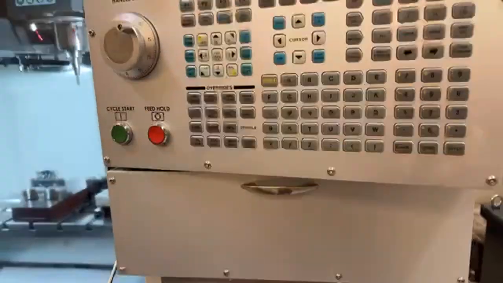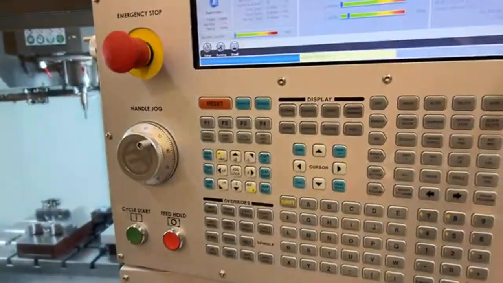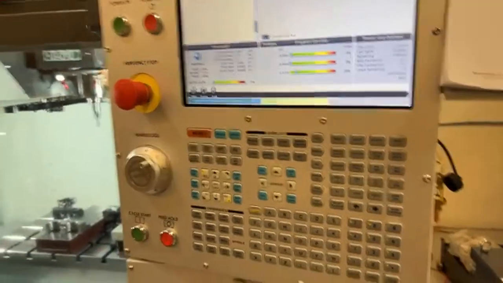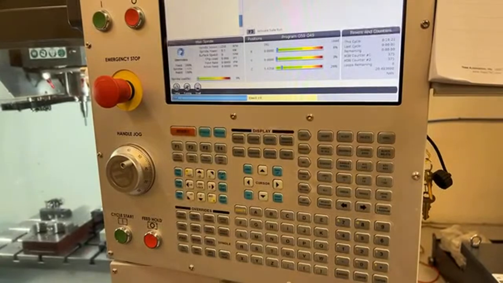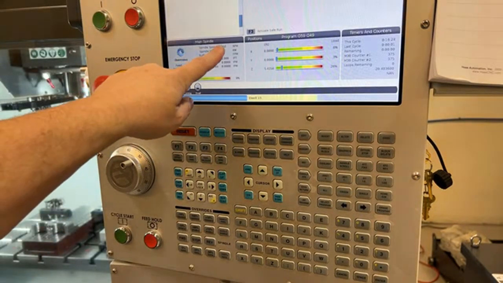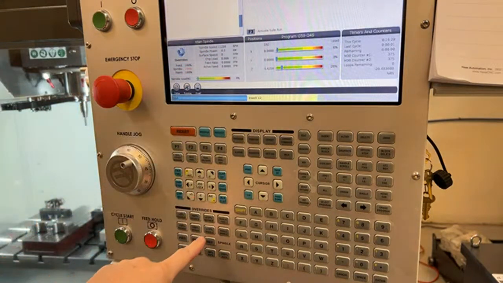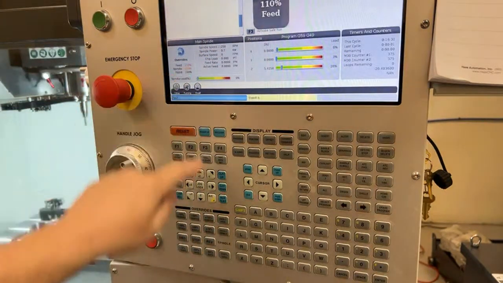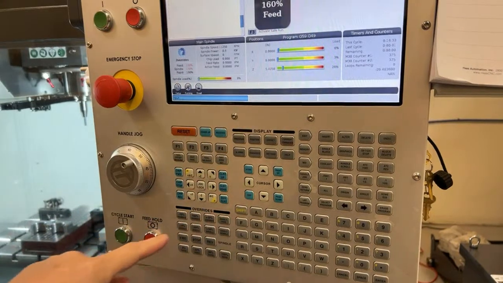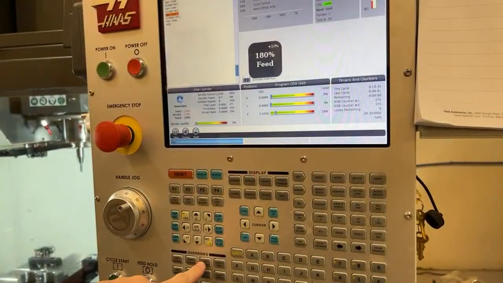Let me show you guys the Haas, last but not least. I'm going to go ahead and argue that the Haas is the best. When I say best, I mean most user-friendly control available. And so I want you guys to see something. We're at 11,250, and the feed rate is at 100%. You can bump the feed rate right here, which doesn't matter because we're not feeding. But you can see that it keeps bumping, right? So not only can you just keep going forever,